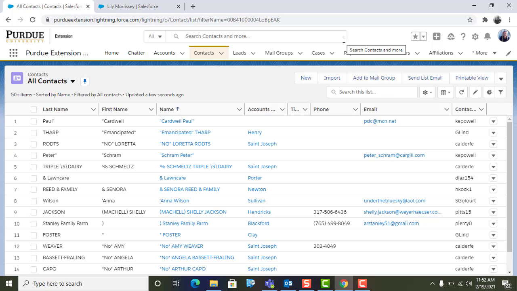Another way to use the duplicate check feature is to go underneath the Contacts tab in Salesforce at the top ribbon, search for your contact in this larger search field. It's important that you use this larger search tab instead of using this one. This one will actually search more of your contacts. You can search for your contact this way, or you can also just select your contact if you see them